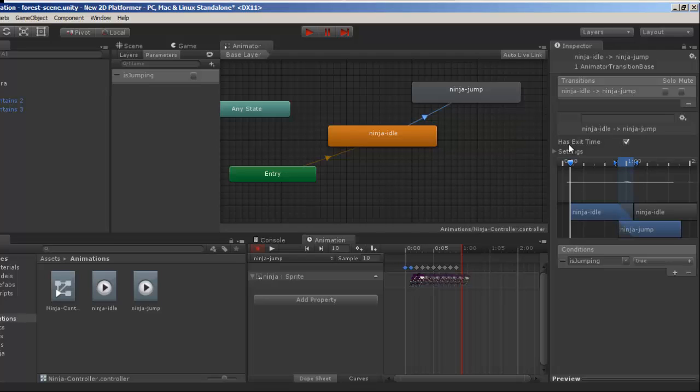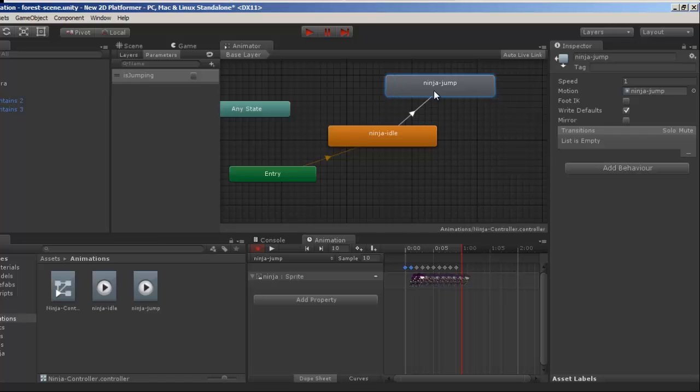Also, be careful. This has exit time, which determines whether we have to finish playing idle before going to jump. And we don't want to wait till it finishes the loop. So we're going to uncheck it. Because the moment we go to jump, no matter where we are in idle, we want to immediately transition into jump mode. The other thing is we have to determine how do we go from jump mode to idle, and